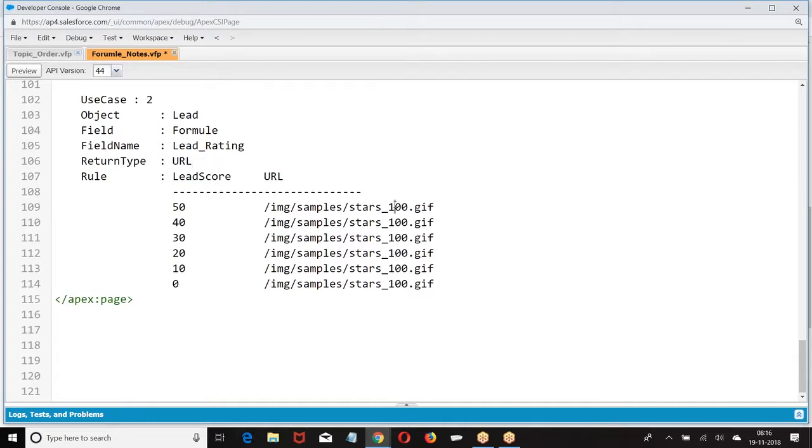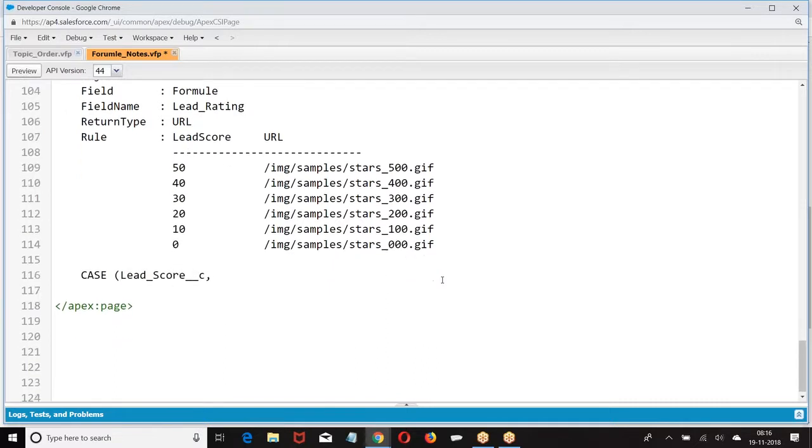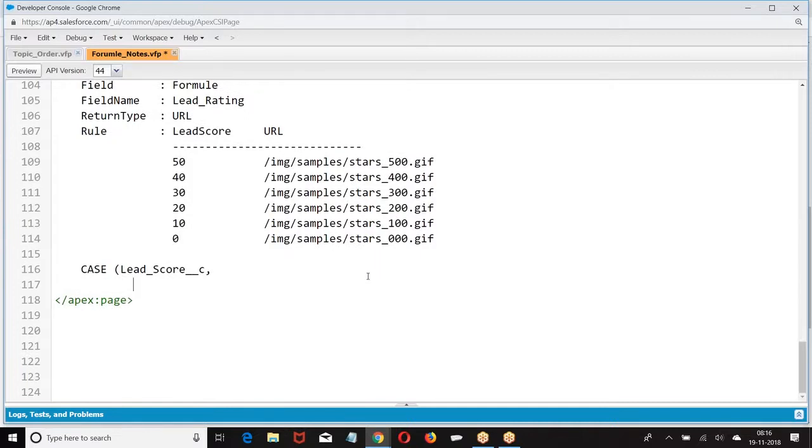Which URL do we have to get? It depends upon the score. Boss, if the lead score is 50, give me that URL, 40, the corresponding URL. So this is the format. If you get the URL, I can print that URL. So how are we giving, boss? Case, lead score. Why was I taking underscore c? The field was created by us. If the lead score is 50,